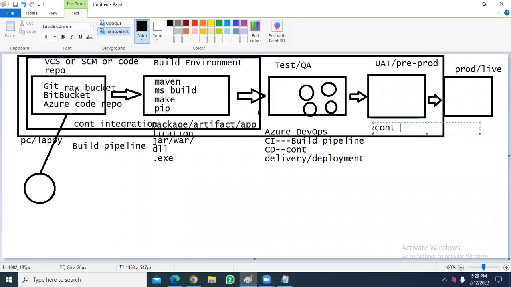That means in continuous delivery, whenever a code is submitted to version control system, we create DLL files or war files or jar files.